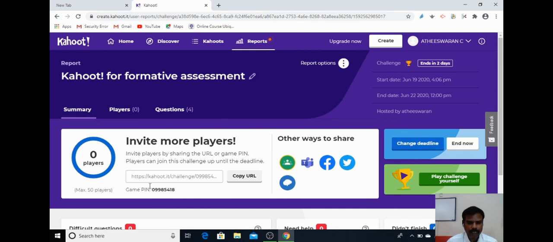Either you can use the pin or you can copy the URL and share it. These are the social options by which we can share it using Google Classroom, Twitter, Facebook. You can share by copy and paste, or by using these options. So now you know how to create an assessment tool as a game.